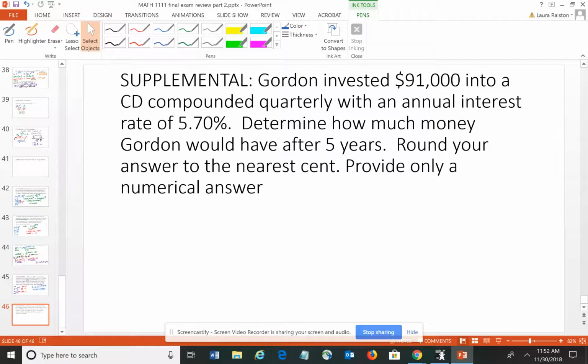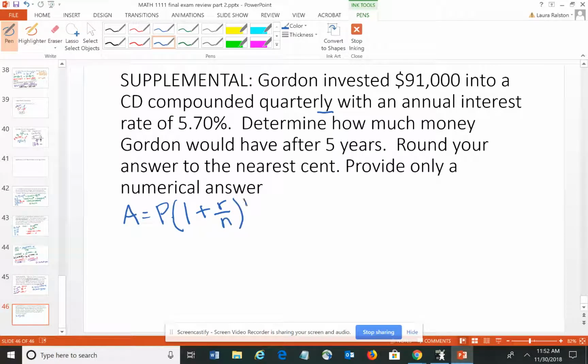And finally, it says Gordon invests $91,000 into a CD compounded quarterly. So I see that key word there. Compounded quarterly with an annual interest rate of 5.7%. How much money will he have after 5 years? Round your answer to the nearest cent and provide only a numerical answer. So they don't want you to add in the dollar sign. So again, I see that key word, so I know I want to use just the basic old everyday